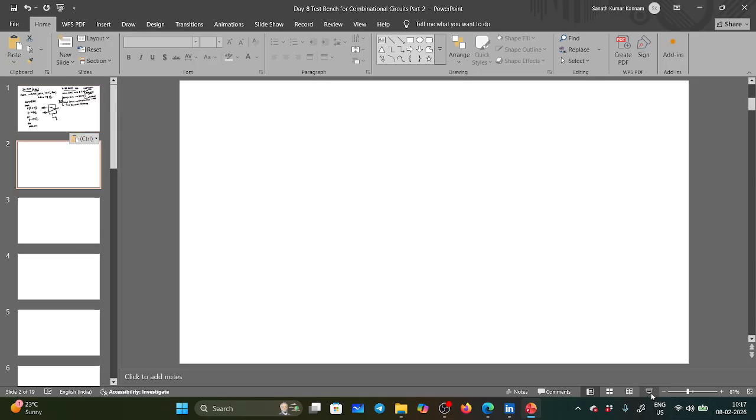So in order to write the code, you need to be strong in digital. All the combinational and sequential circuits, you need to be strong. Then only you can write the Verilog code. You need to understand the operation of digital. And next, 2 cross 1 mux